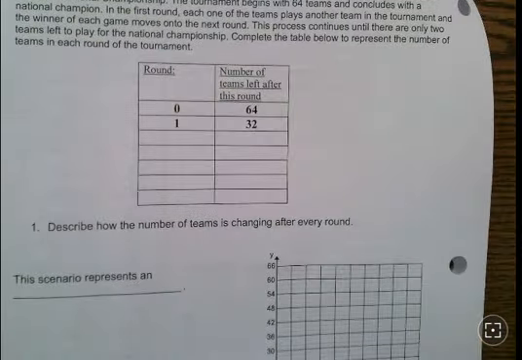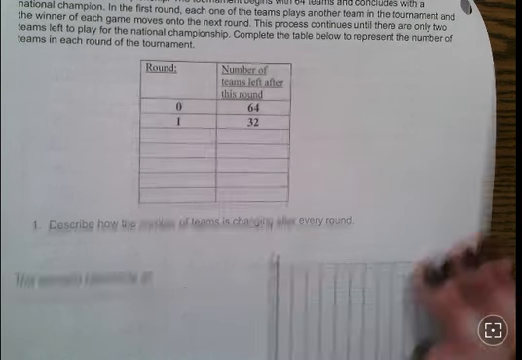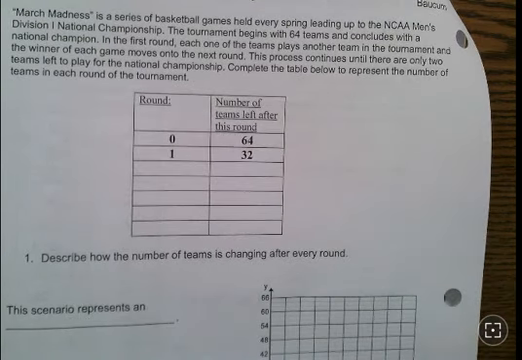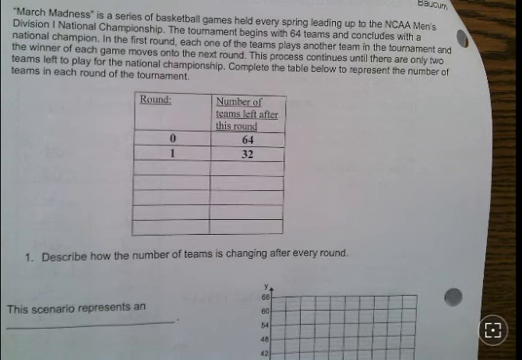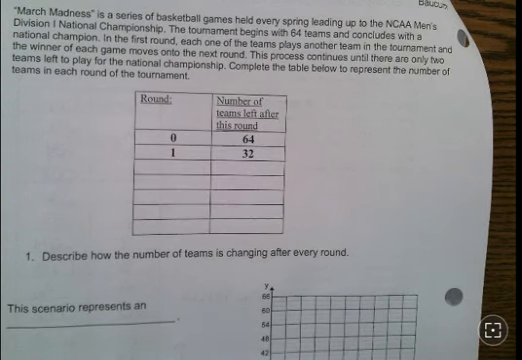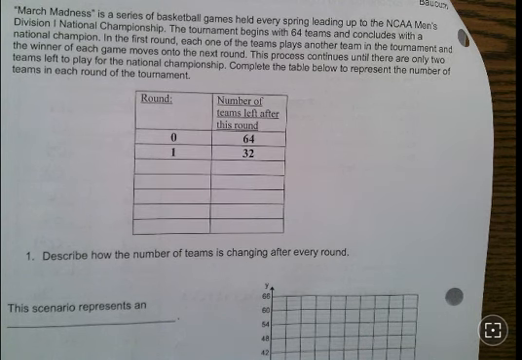Beautiful. Okay, so now let's look at something that's similar but a little bit different. You guys are all familiar with March Madness, okay? It's a series of basketball games that's held every spring leading up to the NCAA Men's Division I National Championship, and the tournament begins with about 64 teams. I know that there's some other things that go on, but it's about 64 teams, and it concludes with a